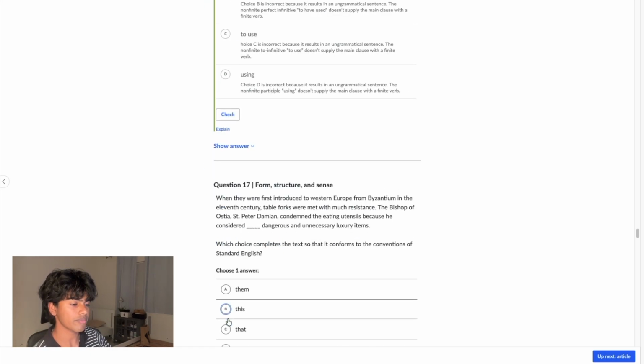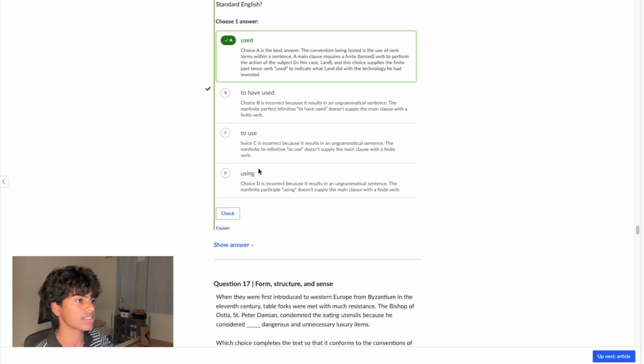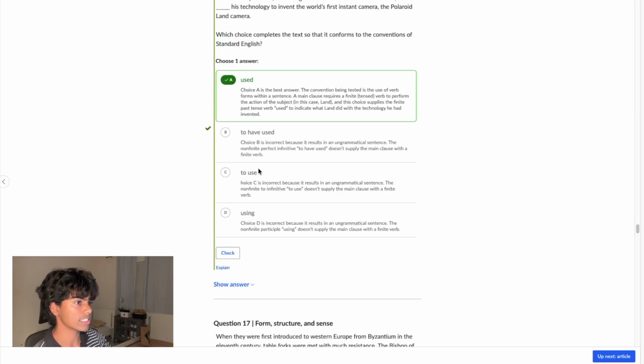There we go. Okay. Also, what I've noticed a lot recently is that the SAT in part two has been trying to trip you up on these tense questions, because they'll say something that makes you think it should be one thing, but then it'll be a super long sentence, and at the end of the sentence, they'll have a phrase that changes the tense. So make sure to read the whole sentence through at the least.